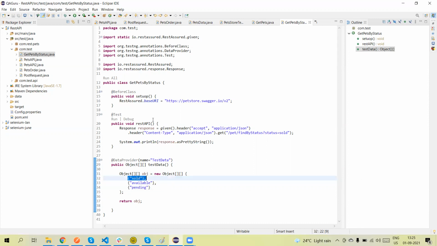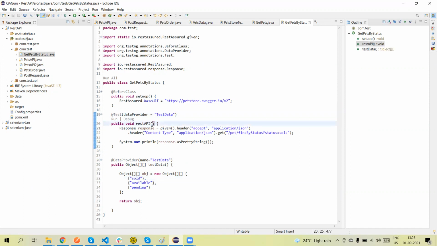Now on the test method we can apply the data provider. Just call the data provider with the data provider name testData, like this. This will return one value at a time.